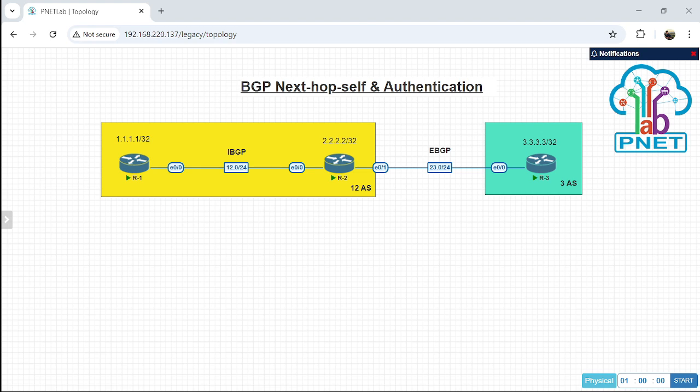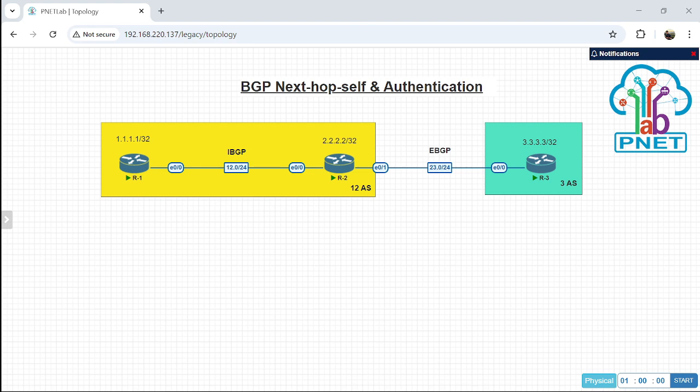So I need to enter router BGP 12 first, and then the neighbor. Just enter the neighbor and then after that we enter the password, and the password is up to you. You can use a name. For example, I will give the secret as Akram, just my name.